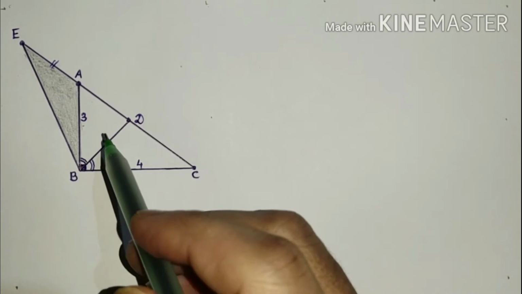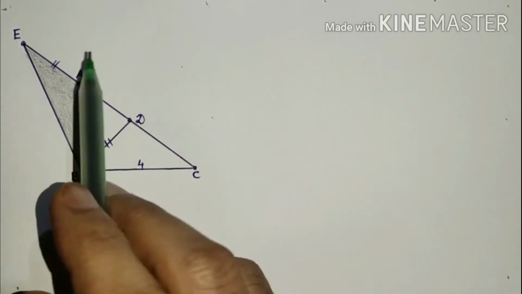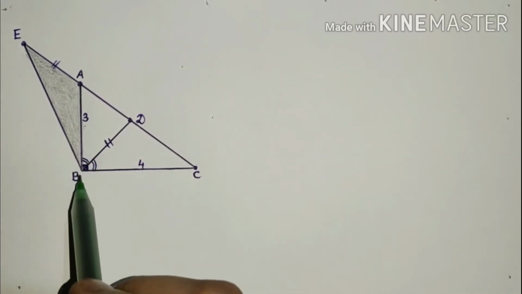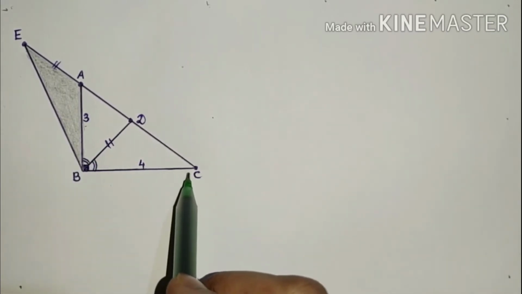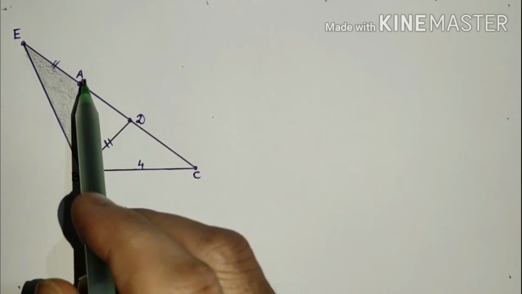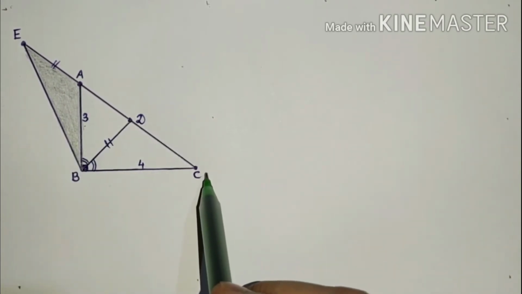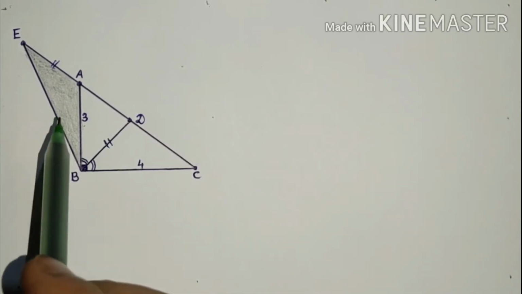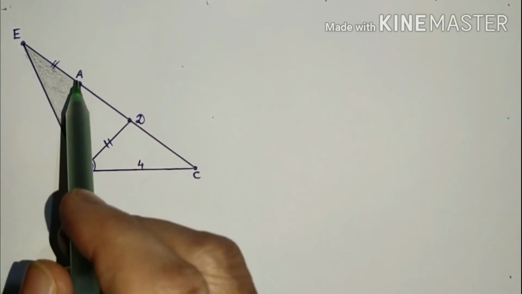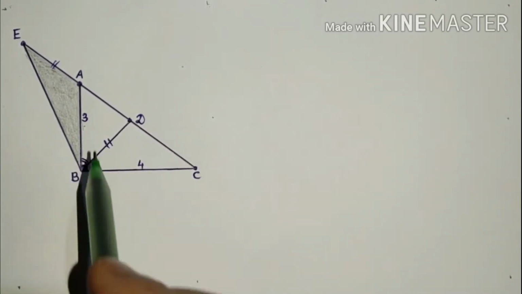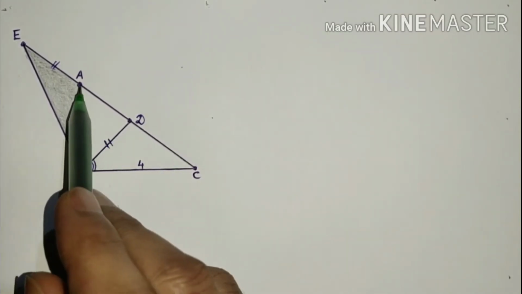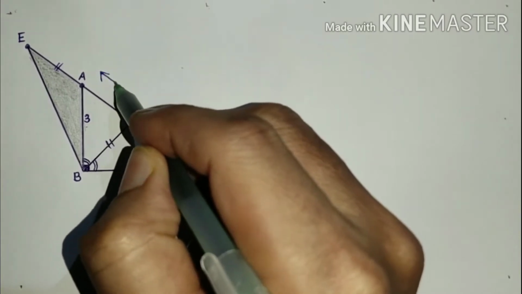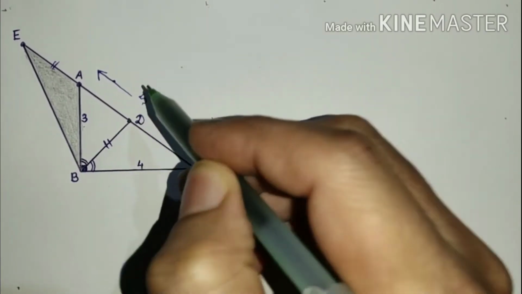In this question, we are given a right-angled triangle ABC, right angled at B, with AB as 3 units and BC as 4 units. And BD is the angle bisector of angle ABC. We have to find the area of triangle EAB, and in this triangle, BD is equal to EA, which is given. So by Pythagoras theorem, we can calculate AC, which is 5. So this total AC length is 5 by Pythagoras theorem.